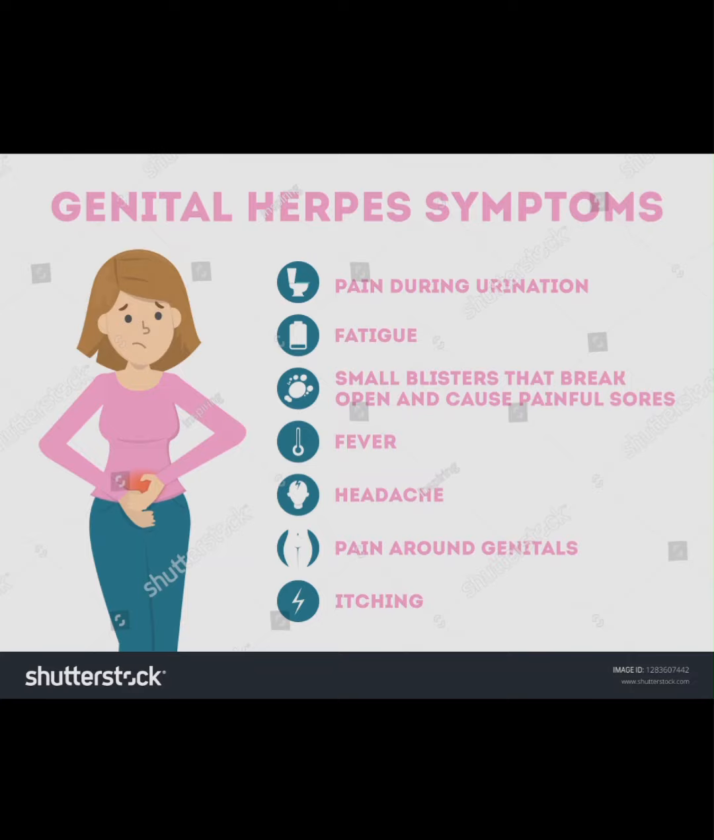Diagnosis is with virus culture and isolation test, and detection of virus antigen by ELISA or the PCR test to identify the HSV DNA. And its treatment is rest and analgesics, and antiviral therapy, that is mostly acyclovir or valacyclovir can be